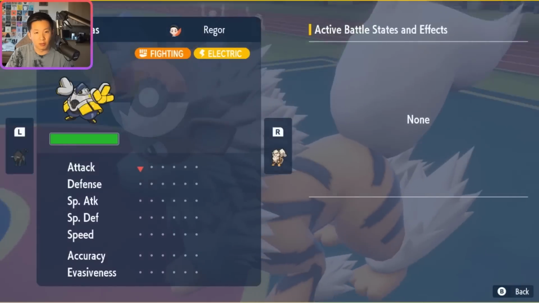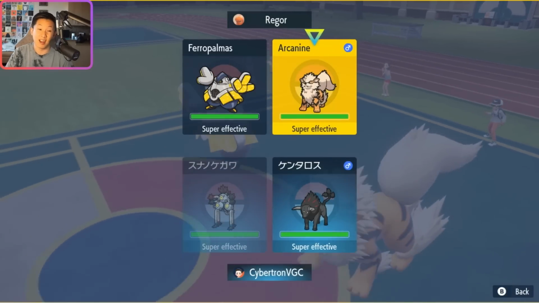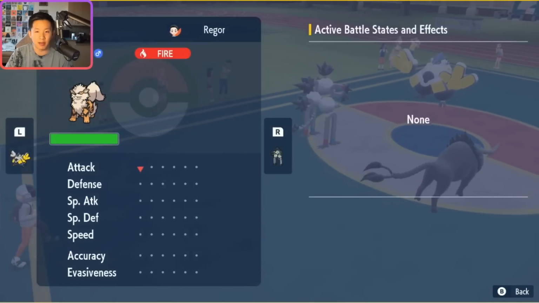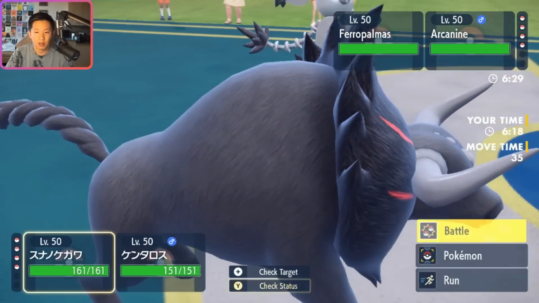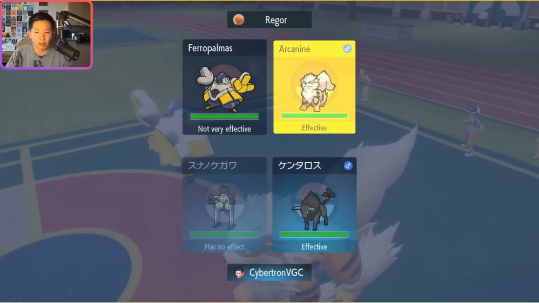Yeah, so I definitely want to click Will-O-Wisp into this right now. It's just whether or not I should Earth Power Arcanine. It's kind of tempting here. I don't know. If I were them, I'd probably personally switch into Pelipper. They don't have a switch into Thunderbolt, so I think I'm okay just clicking Thunderbolt into Arcanine here, and then